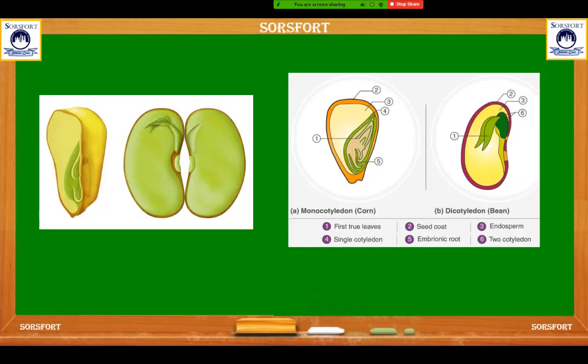Next, this is the picture of monocot and dicot plant seeds. Here is an example: corn, which is a monocot, and beans, which are dicots. See, the bean has two parts, and after soaking it will become like this, one and two. These two are called cotyledons. Okay, this is maize or corn. This is the corn seed. When you soak it in water, you can see one leaf form. So that is a monocot plant, and it will not form two parts like this.